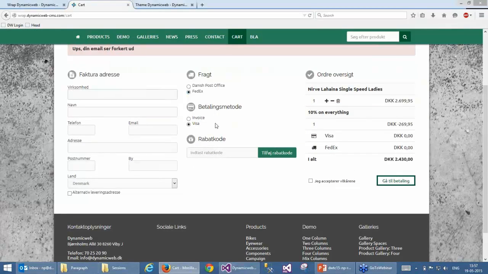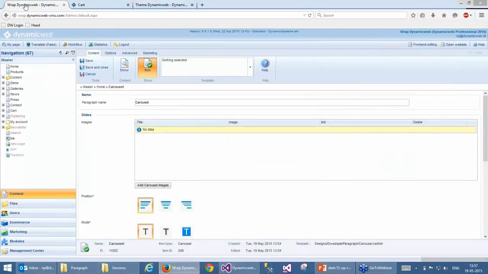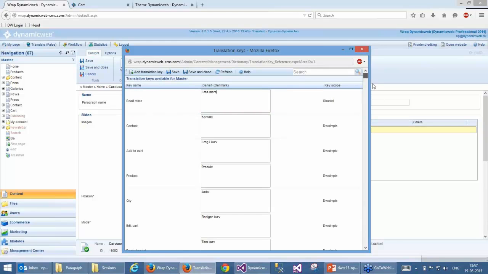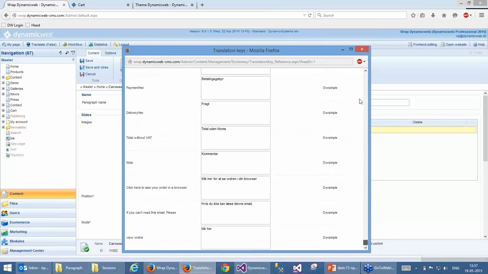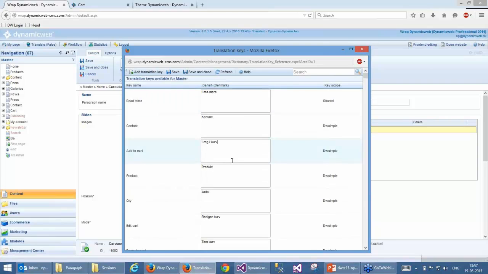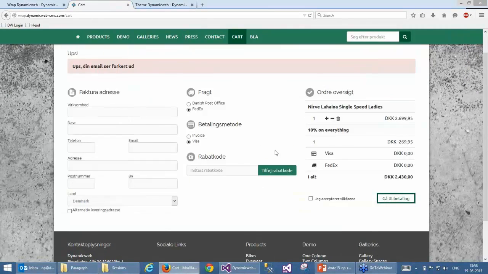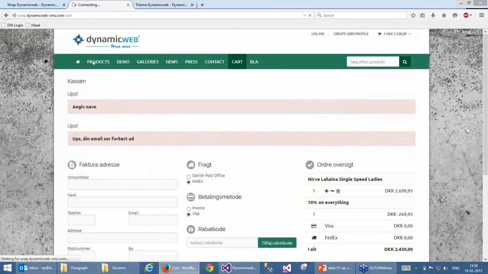Now you can see most of this is in Danish, and what it also contains is I can go and say I want to translate this website, so all of the rep here is ready for being used in other languages. I just need to translate all the things like add to cart, and product and count and edit cart, and all these texts that are used throughout the website can be changed using the translation interface. So that's basically a rep implementation